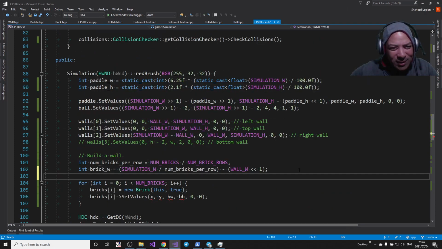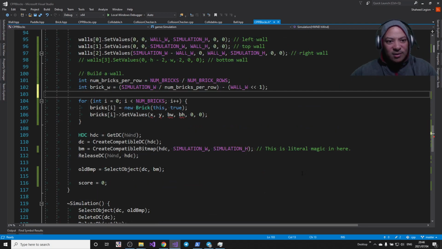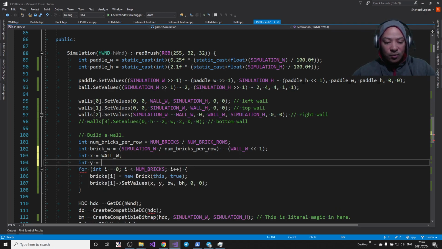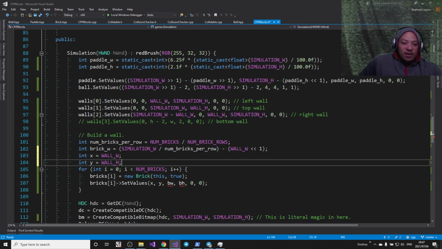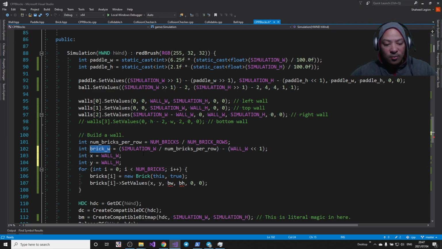And then our, do we have something called x here? We're not inheriting from anything. We don't have a member called x, so I can safely define something called x here. int x equals 1 wall width, right? And int y equals 1 wall height. That should give me a way to say let's modify the x and the y, right? So brick width is that, and the brick height